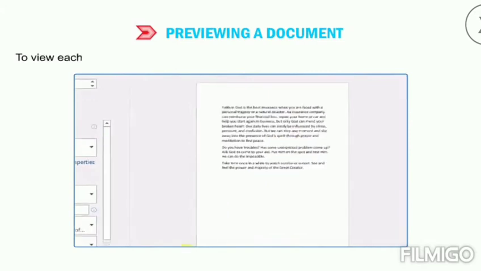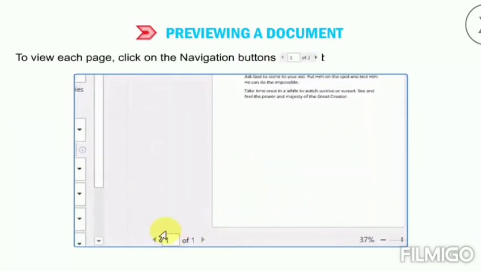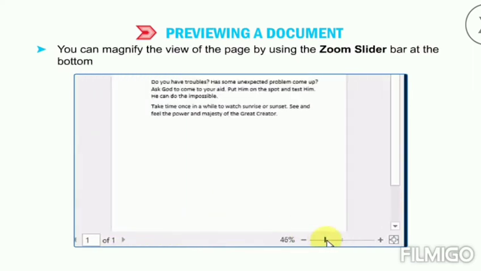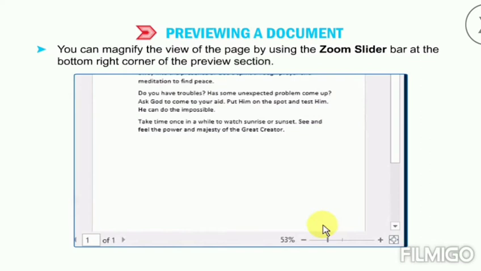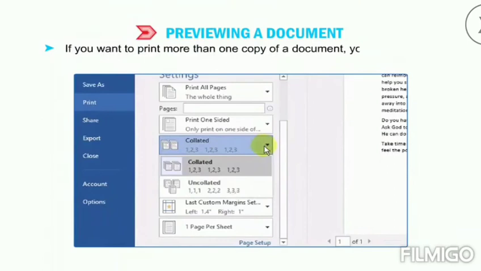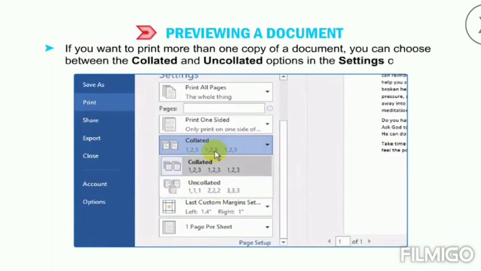To view each page, click on the navigation buttons below the Preview section. You can magnify the view of the page by using the Zoom slider bar at the bottom right corner of the Preview section. If you want to print more than one copy of a document, you can choose between the collated and uncollated options in the Settings option.